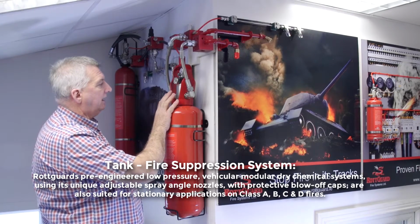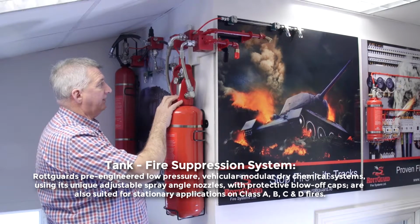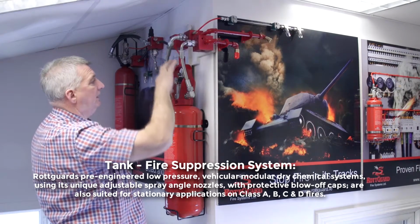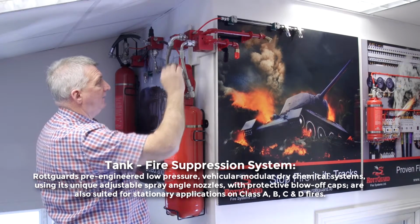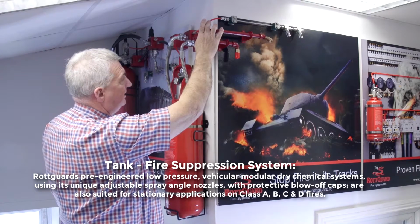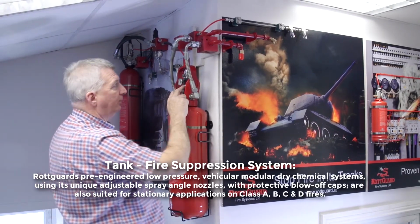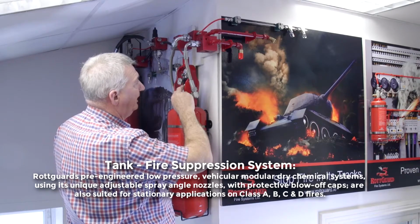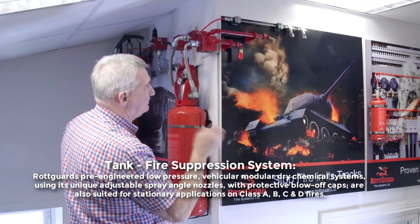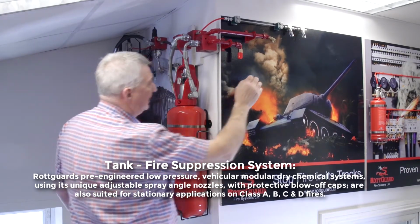This is our pressure differential valve. It operates on the principle that the nitrogen pressure here within the tube will keep the valve closed, and once the tube is exposed to the heat of a flame at 80 degrees C, it will cause the valve to open. In instances where the environment being protected, the space, the enclosure exceeds 80 degrees C, we can supplement it